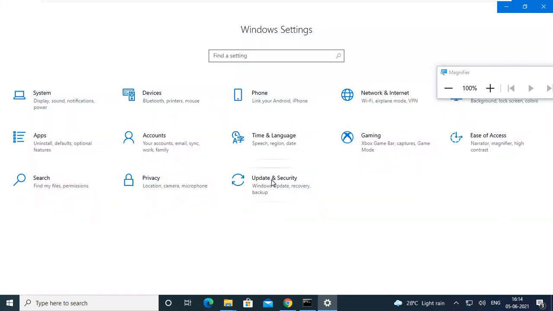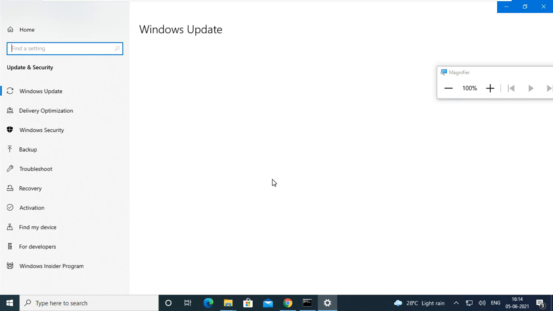Go to Update and Security settings. Wait for Windows Update to show here. If updates are downloading or running, what to do? You have to wait. Let it download all the updates, install them, restart your PC, then start your work.